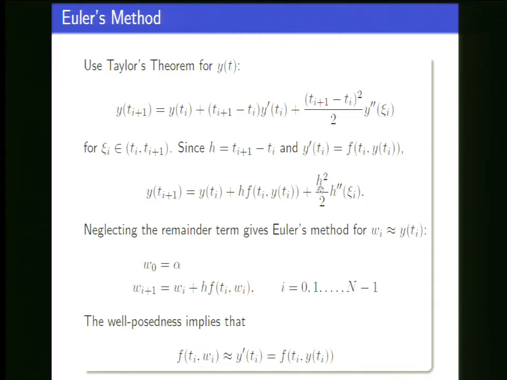H squared there might surprise you. I don't know if it does. If I divide h by 2, let's zoom in and look at that. Would you have guessed that the error is going down by, if we just look at one time step from ti to ti plus 1, and pretend we're standing at some true solution? It's not really, right? But pretend we're standing at the true solution there, and you're trying to predict this true solution here. So what you're doing is that you're taking this slope, right? And you're ending up there. And what I just said is that this is h squared over 2 times the second derivative of y